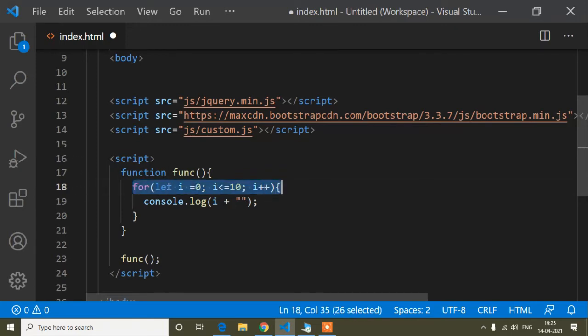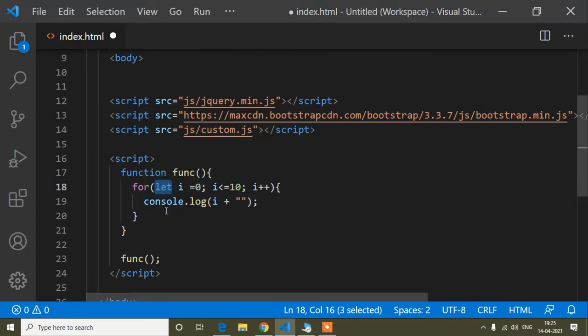So that time if we use let keyword, it will be a little bit less time than another keyword. Suppose if I write var keyword, it will take a little bit more time, but if I write let keyword, it will take less time because let renders first compared to another keyword. So that is the difference between let and const.